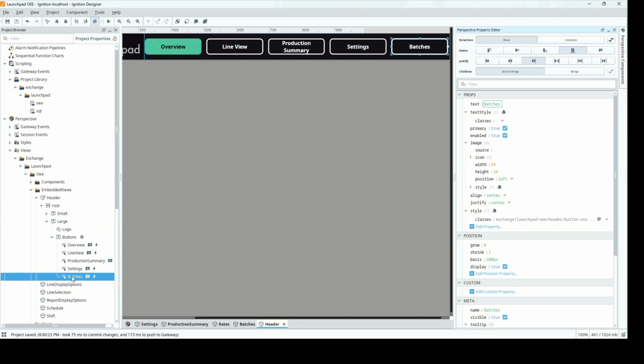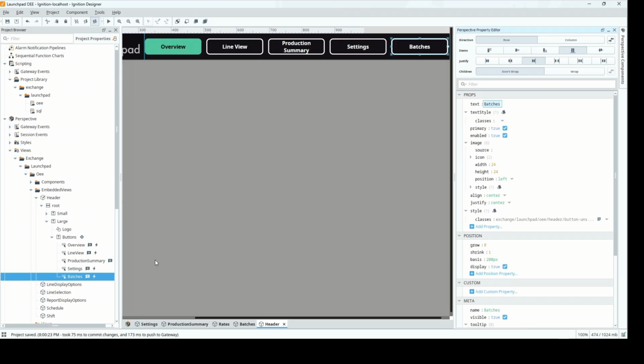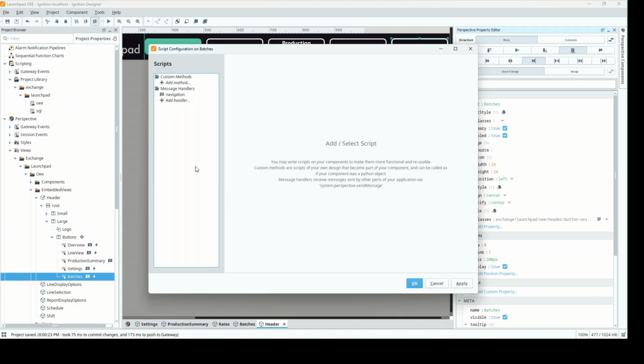We have an event script, so we can Control J on that. This gives us a navigation action on action performed. So we'll just do batches instead of settings and hit OK. And then that gives us also, there's an event script, so we can hit Control K